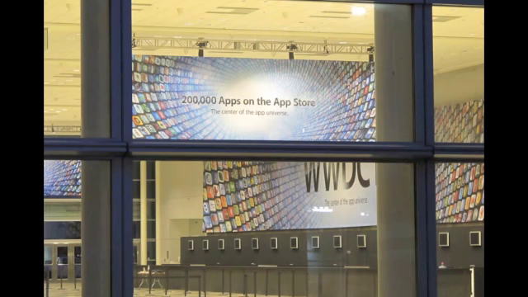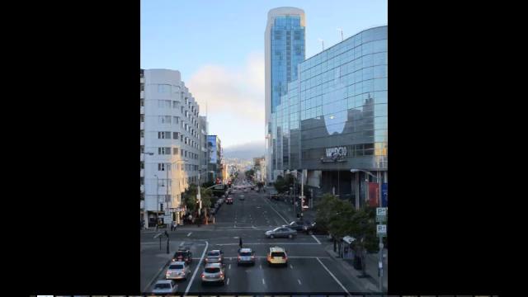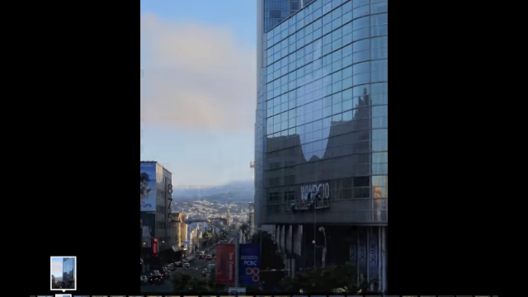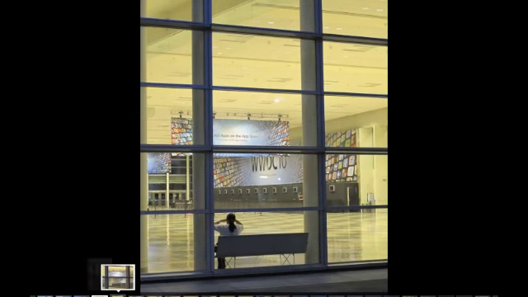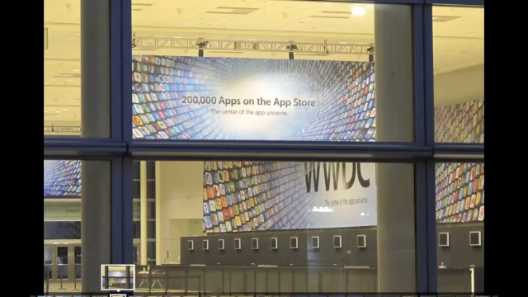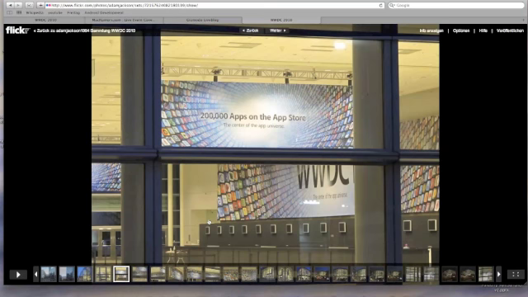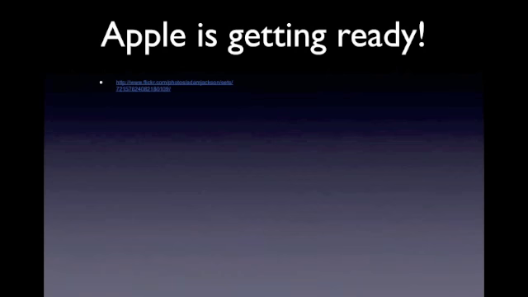So this is really exciting, and tomorrow there are probably going to be quite a lot of people in there and around the area. Right, so these are a few pictures just to show you that Apple was getting ready for the event. And now let me go back to my keynote presentation, and